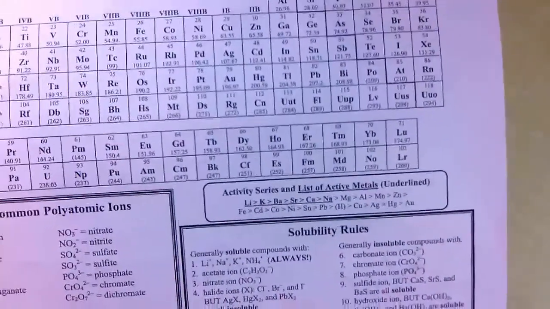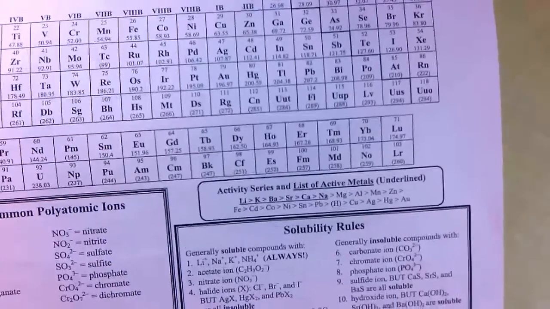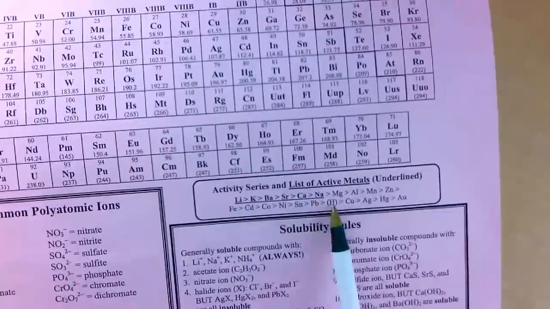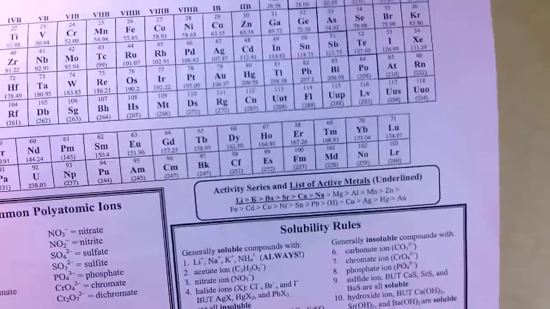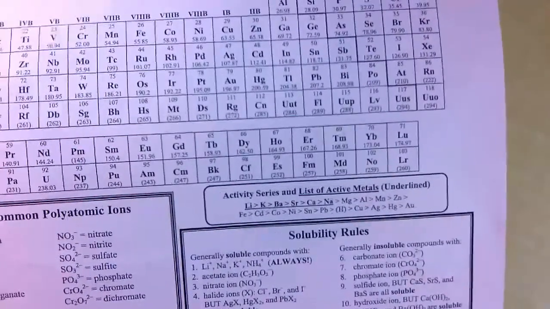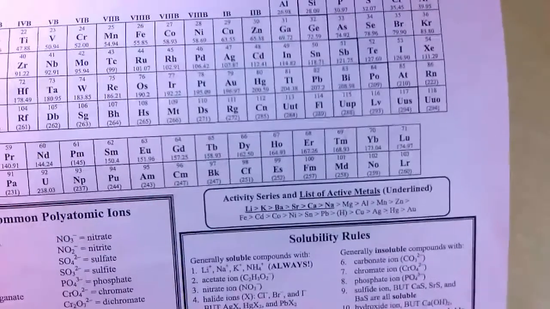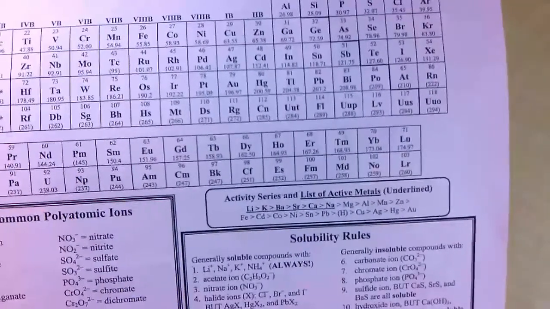So the first thing we do is we go to the activity series, we look up our two metals or hydrogen that are in the reaction, and we see who's more social. The more social atom should be bonded with a friend. If not, we will need to do a single switch.